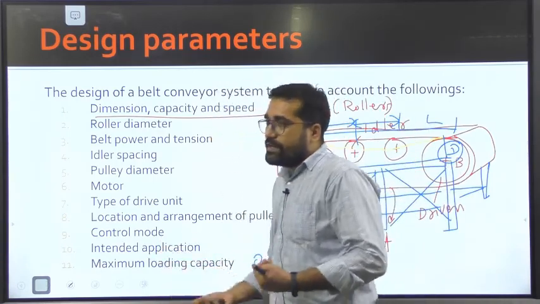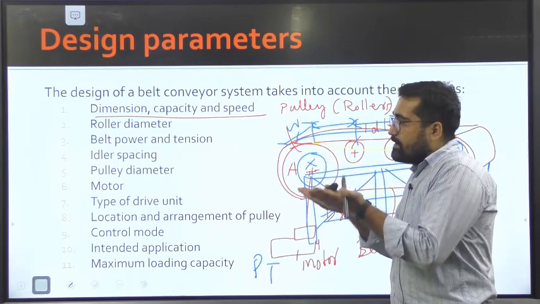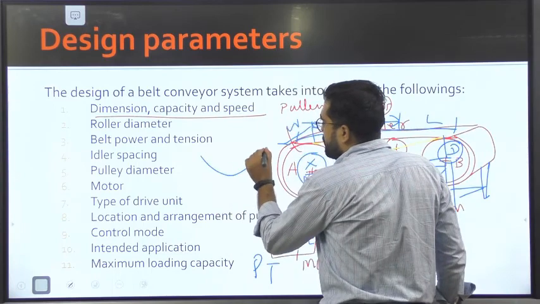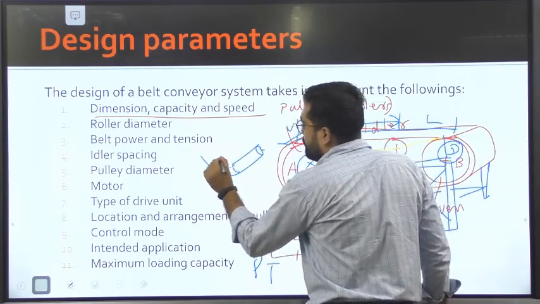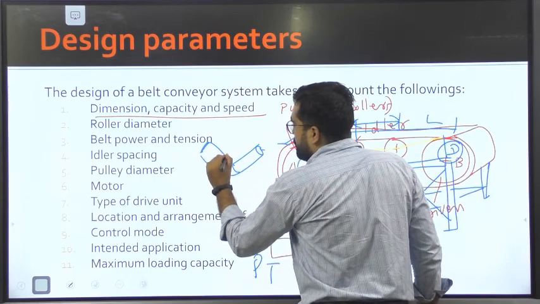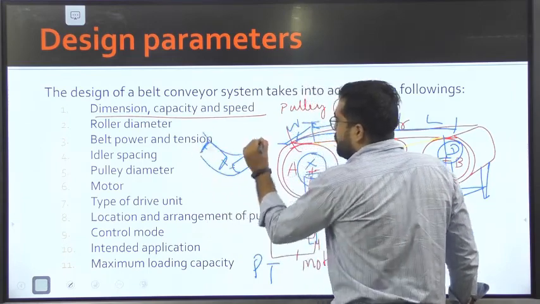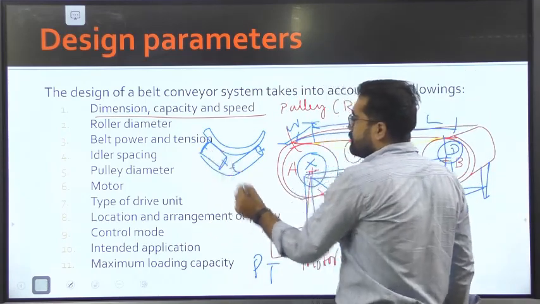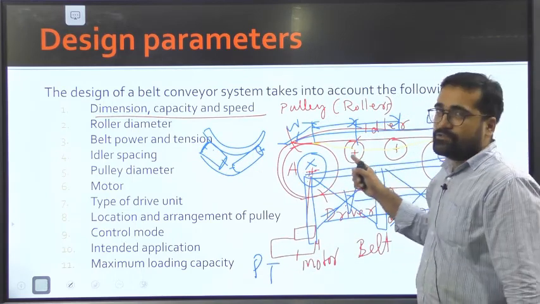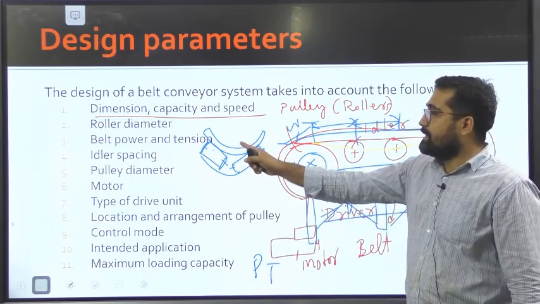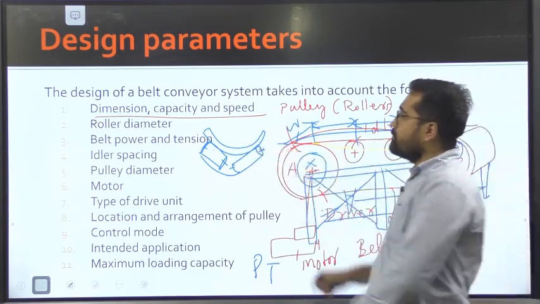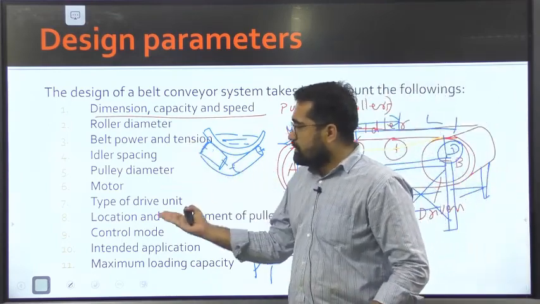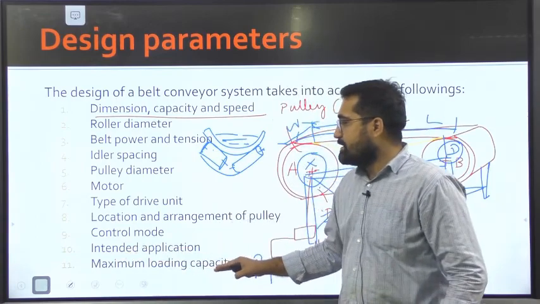If we are dealing with liquids, then we have to change the shape of the rollers. If the roller shape is like this, then we can use it for designing conveyor belts, and this will give you this type of shape. If we are using two rollers, and these rollers can be idlers also, and we put them at certain angles, then the belt shape will be like this, and now we can flow fluids through them. So this can be one thing. That will come in the roller, and that will also control the intent of application.